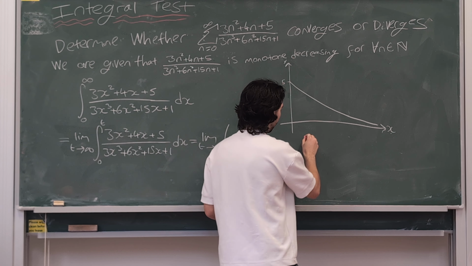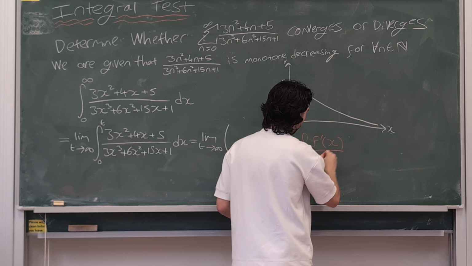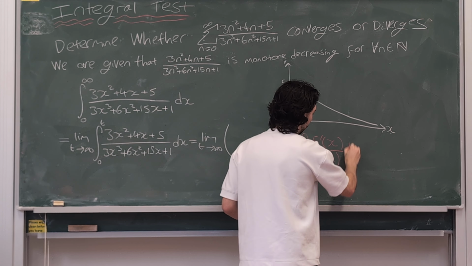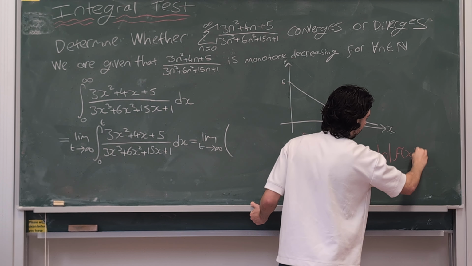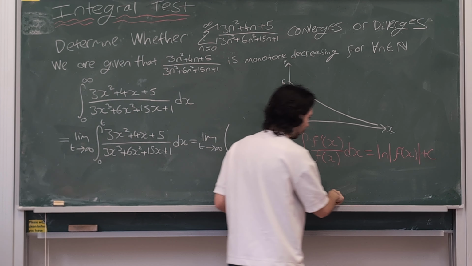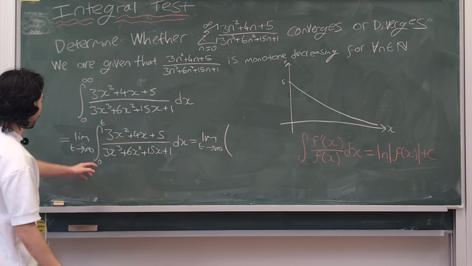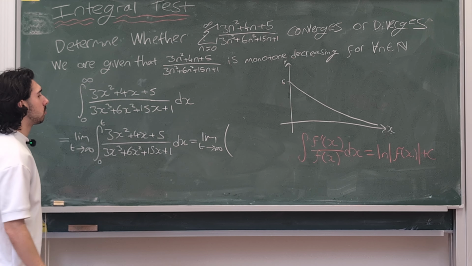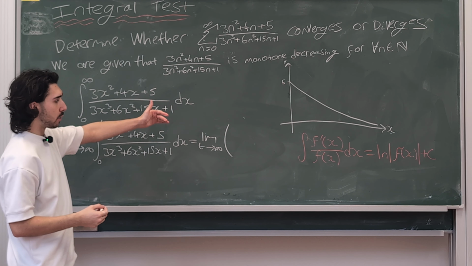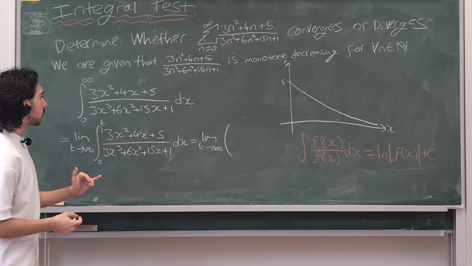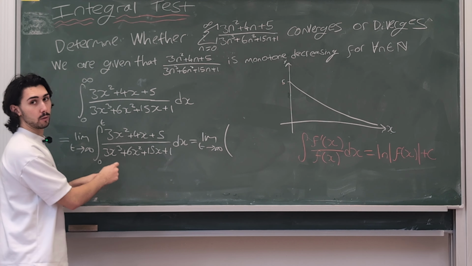Okay, remember that the integral of the derivative of f of x divided by f of x with respect to x is the natural log of f of x plus c. This is obviously the indefinite version of it. We don't need the plus c here because we've got limits, but remember that that is true, because if you differentiate the natural log of something, you do get the derivative of that thing divided by that thing. So what we have here is actually just going to be the natural log of the absolute value of